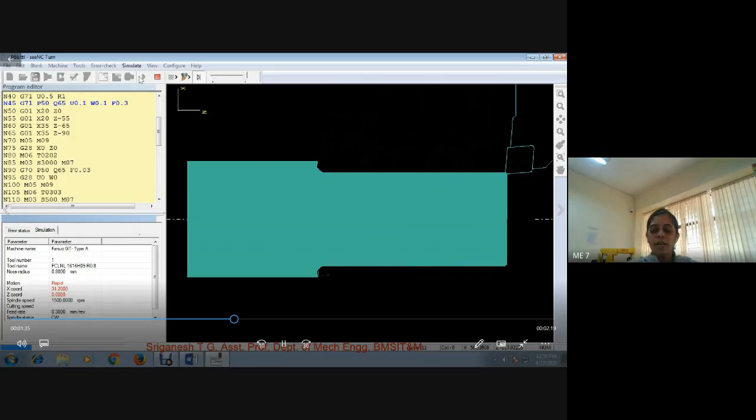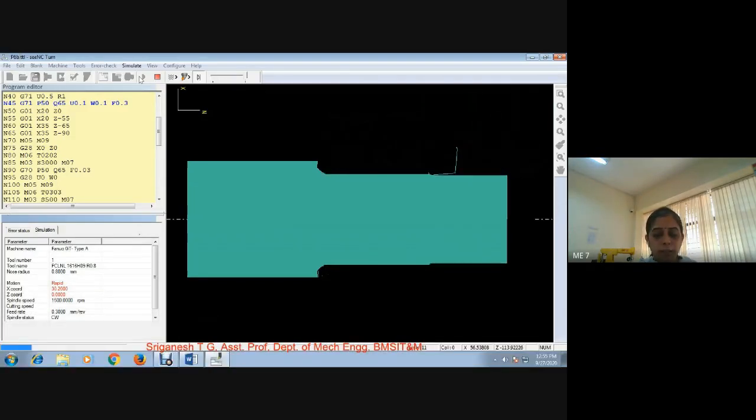I think in this we had axial grooving also. Apart from that, we had both radial and axial grooving along with the thread cutting operation in this.